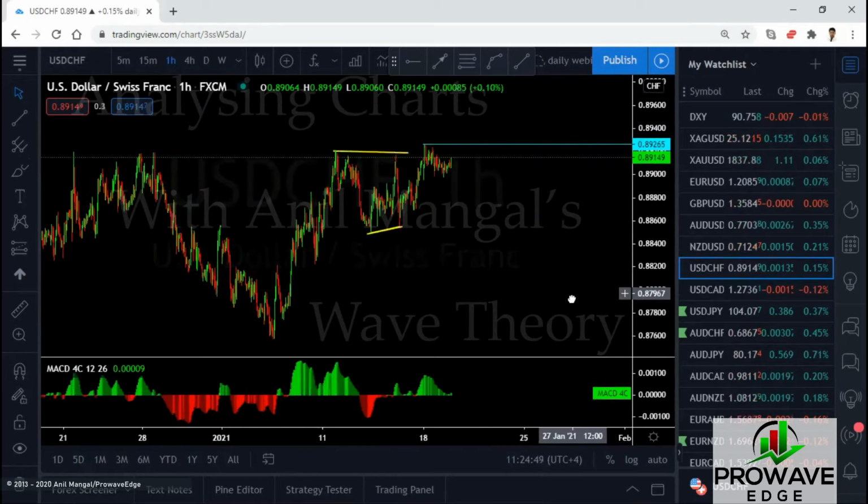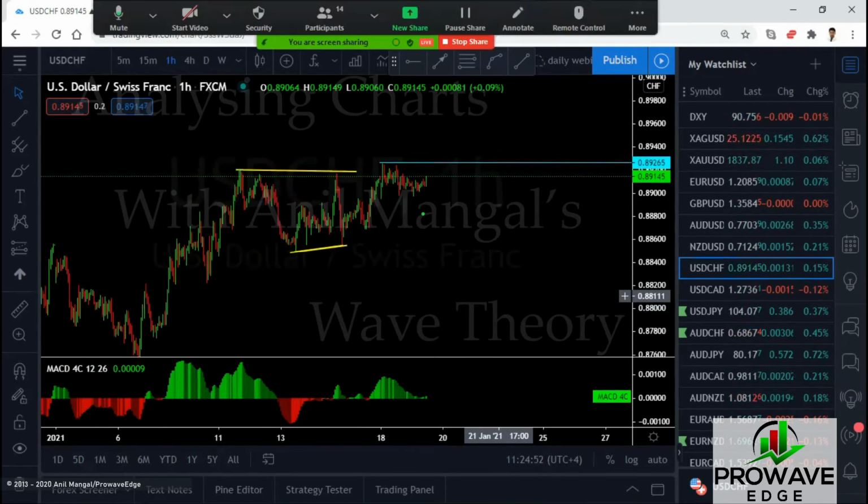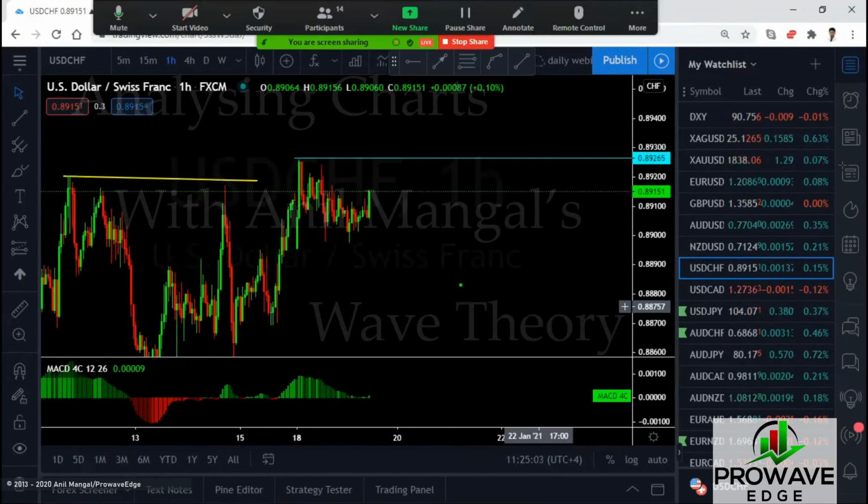Swiss, I do think we're going to go up because they're consolidating in here. They didn't break out yesterday. We were looking for the buy yesterday. Once this came down, so we were looking at two things yesterday on the Swiss. One would have been a short-term trade for this coming down if it didn't go back that high. It did go that high, but one of our traders got tagged in this, and I told him, okay, just keep your stop here, wait for it to come back, close for break even.